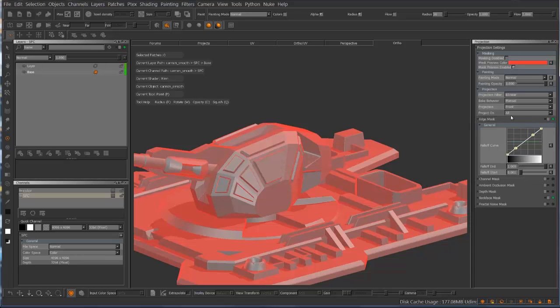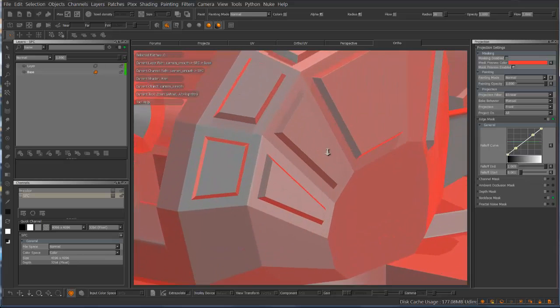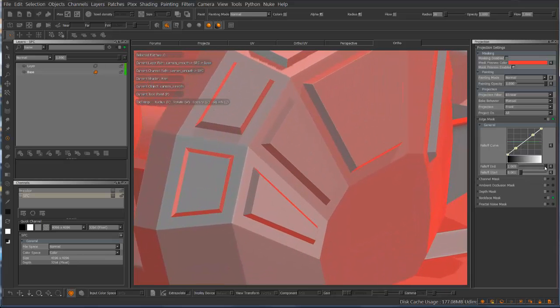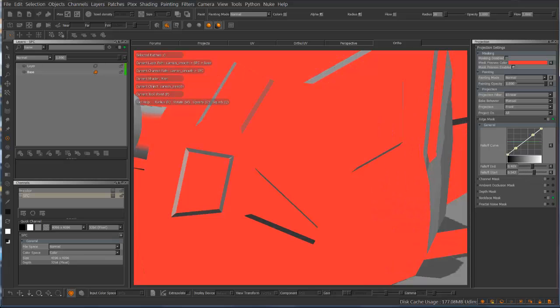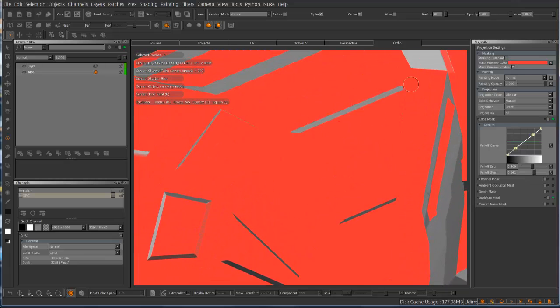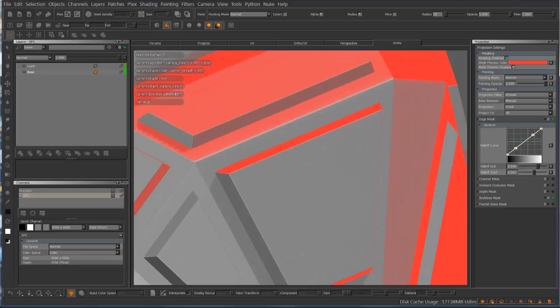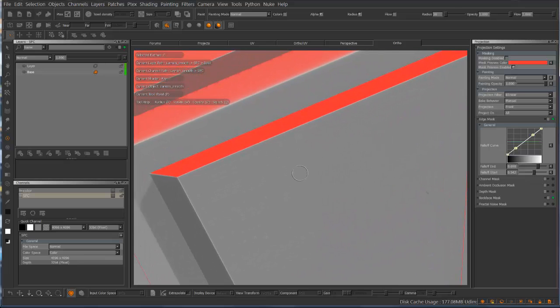Now, within the edge mask menu, we have fall off end and fall off start. And this is going to help us manipulate our mask and make it do what we want it to. So we can reduce it, drive it, so that maybe I just want to paint on this face of the bevel. Maybe I just want to paint on this face. And so you'll see, if I come in here a little bit closer, and I go ahead and I start painting,